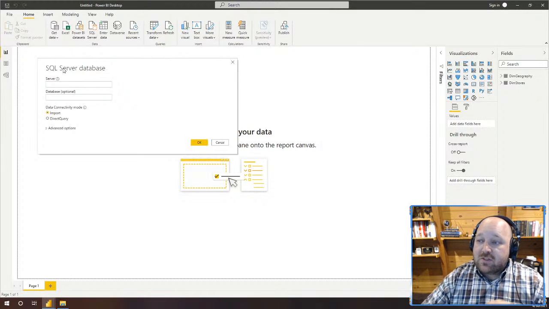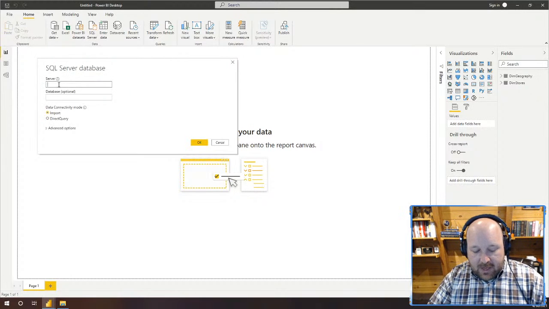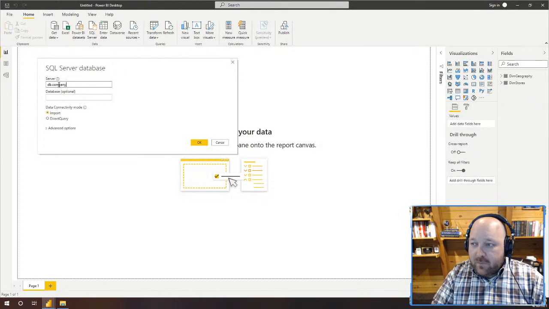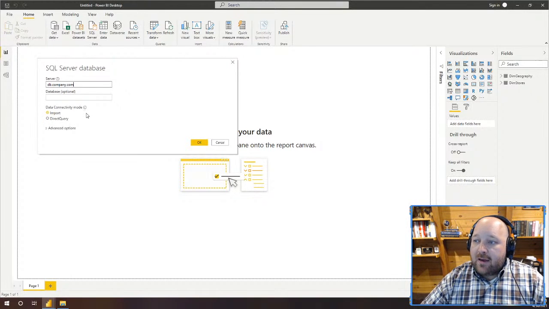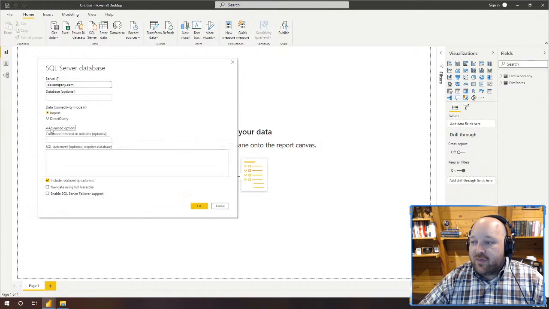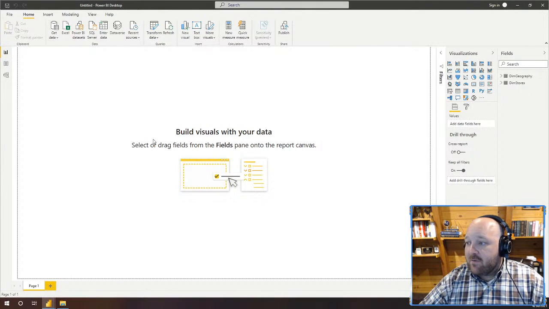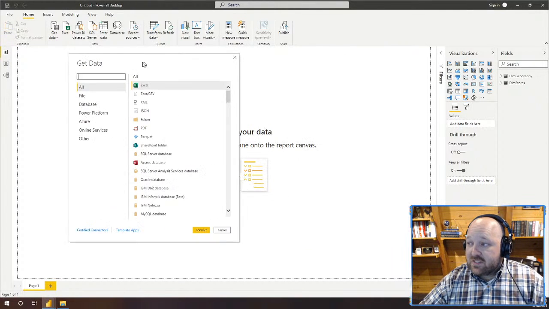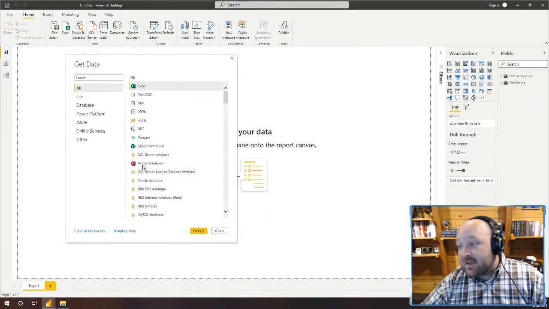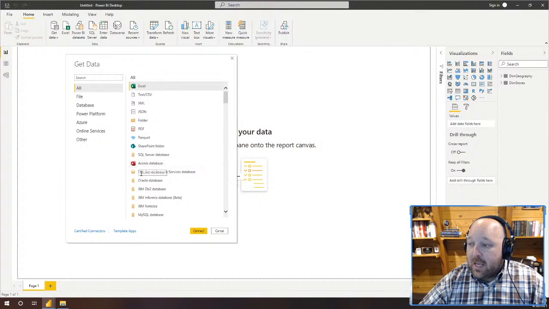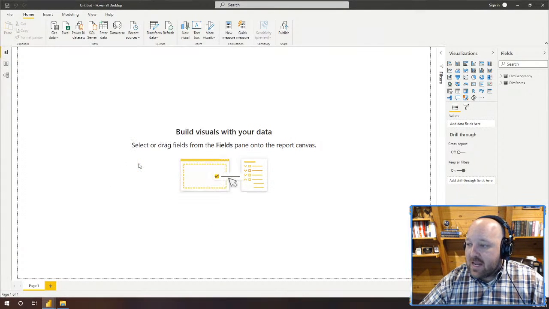You need to know where that server is located. This would typically be a domain name, or it could be an IP address. Hopefully it's a domain name. And then you would also need to know what authentication information you would want. So it would ask you, for example, username and password. So that's all you would really need to use. It's not difficult. And if you don't have access to that information, the next phone call that you should be making would be to your IT service team and asking them essentially like, hey, can I get access to this database? Now for over here, we're going to go ahead and select Access database,